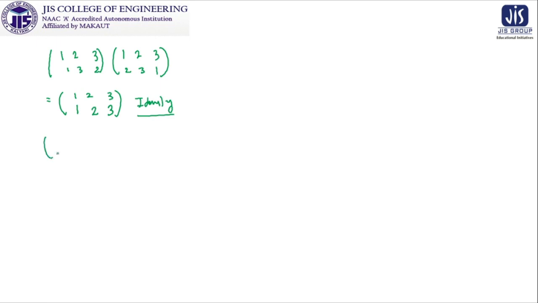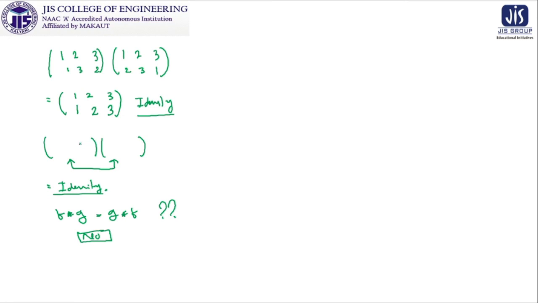So if you do the reverse one, what will you get? Please try to guess. And suppose you are getting the identity, can you claim that for all permutations F and G, F composition G will be G composition F? Can you claim? The answer is no, because having merely one test, the conclusion can't be drawn in the positive sense. If it is not satisfying FG equal to GF, you can say that FG is not equal to GF, and it is not going to be commutative.